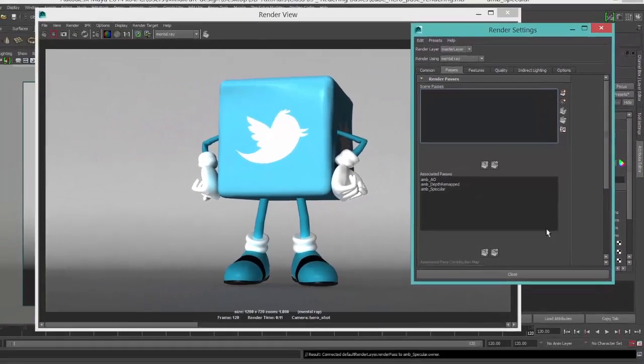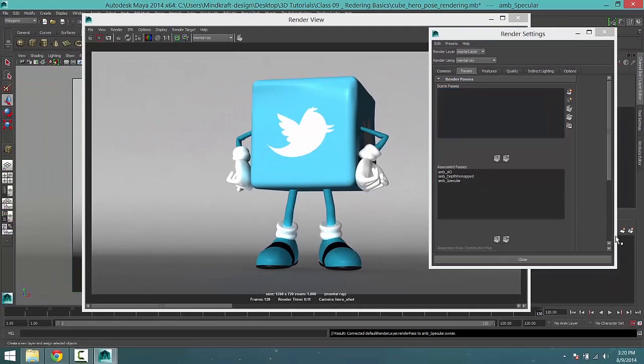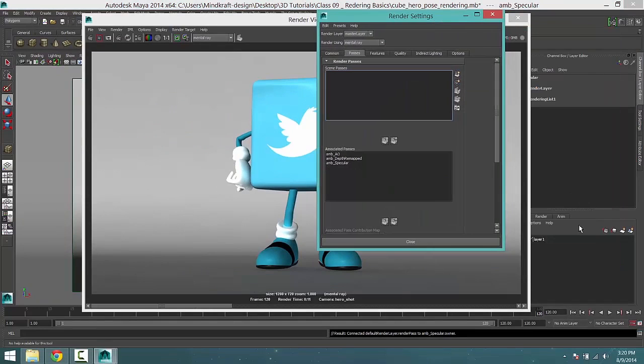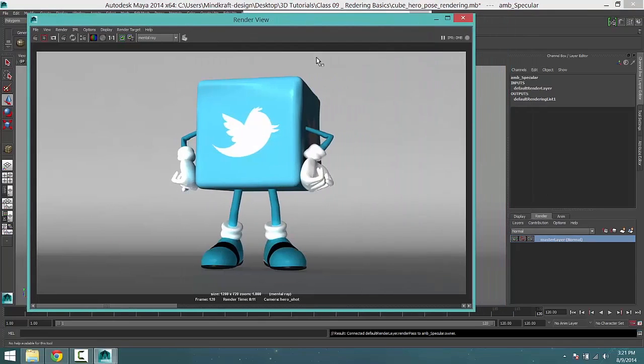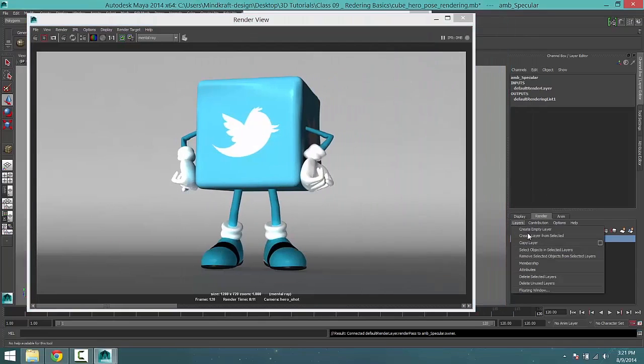All right. You talked about layers, render layers before, and you can access them here. This is your master layer, which means everything in this scene. If you want to create a separate render layer again, you would have to select everything in your scene and come to layer, create layer from selected, and you have a separate render layer. But I'm just working with the main master layer here. And so